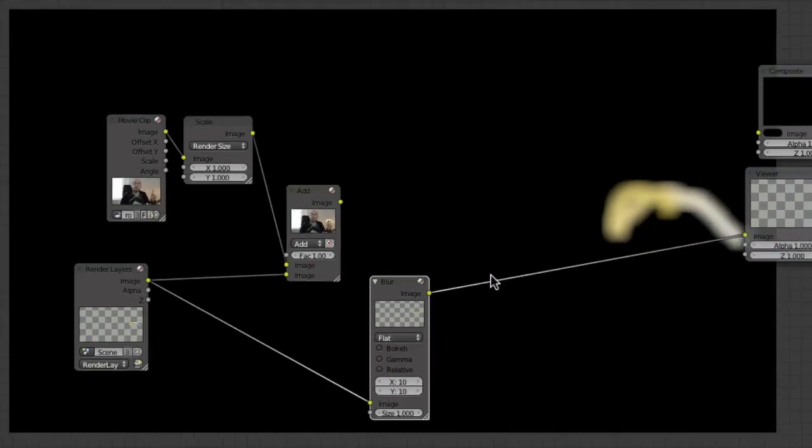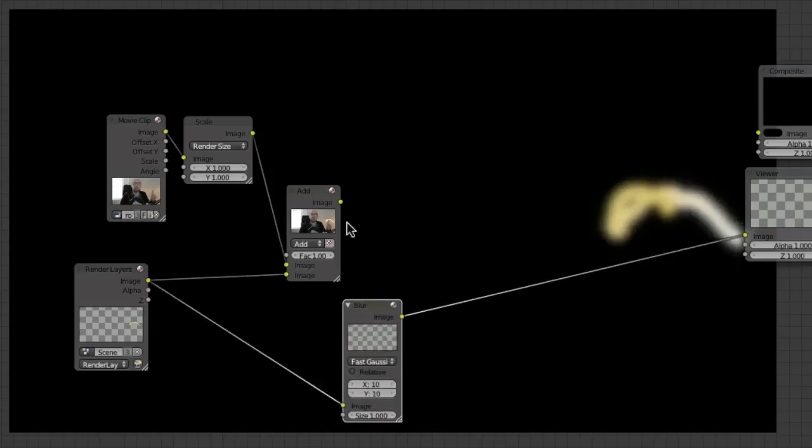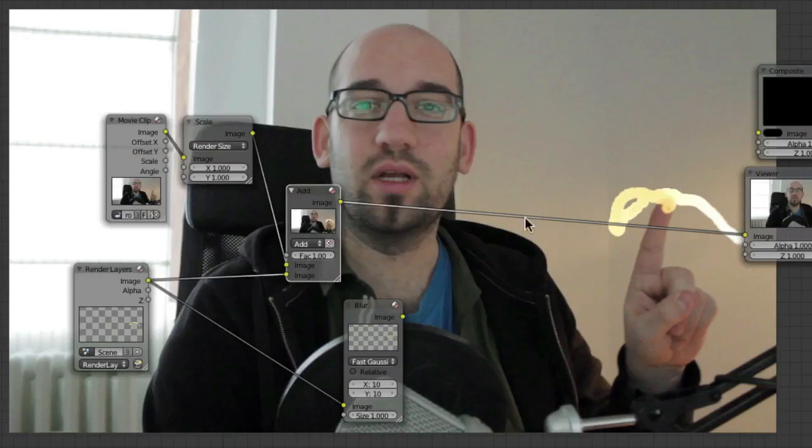Now that doesn't look very pretty, and that is because the flat blur is not that good. So instead change it to Gaussian or fast Gaussian, and that looks much nicer. So now I want to add this blur, this glow, onto my result from this add node.